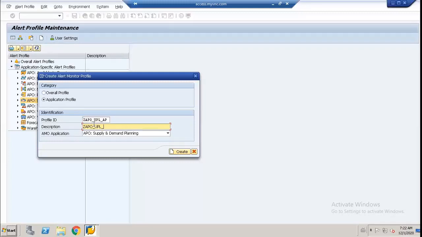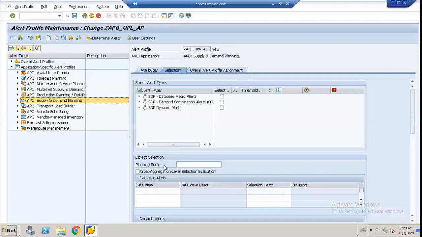UPL. Negative forecast application profile. Create. Okay. If you see here, database